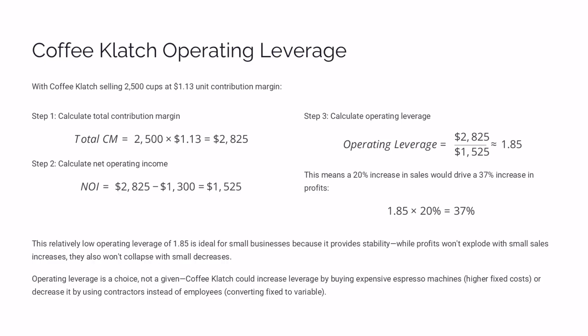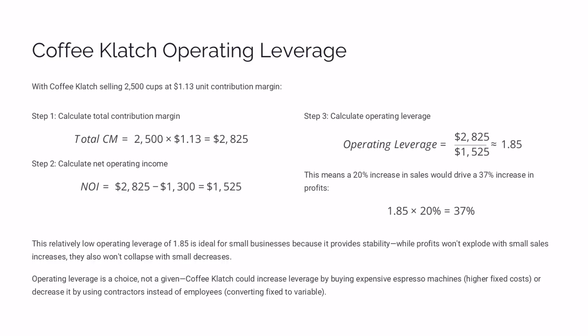When Starbucks was expanding internationally, they deliberately chose lower operating leverage models using licensed stores instead of company-owned ones, accepting lower profit potential for reduced risk in unfamiliar markets, which is why they succeeded where others failed. Here's a fascinating detail that explains modern business trends. The gig economy essentially offers workers the ability to choose their operating leverage, with traditional employment being high leverage, fixed salary with bonus upside, and gig work being low leverage, pure variable compensation, and different people thrive under different models.